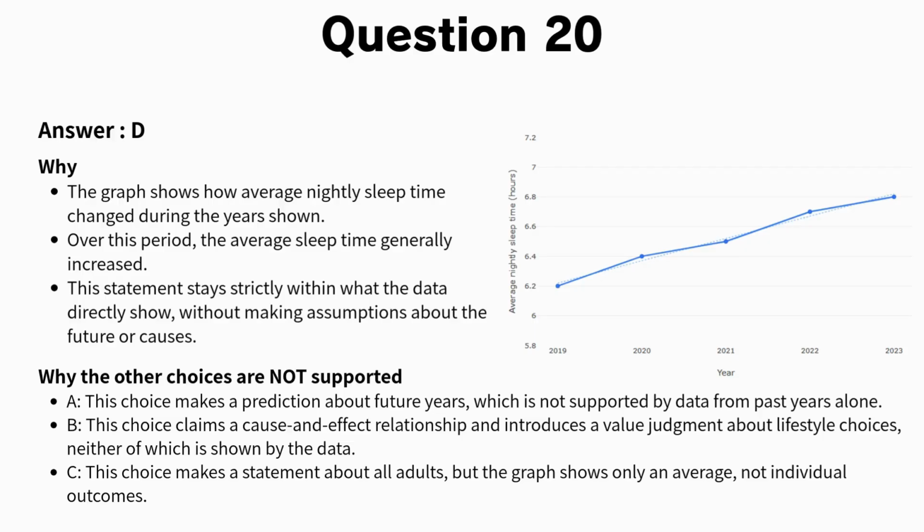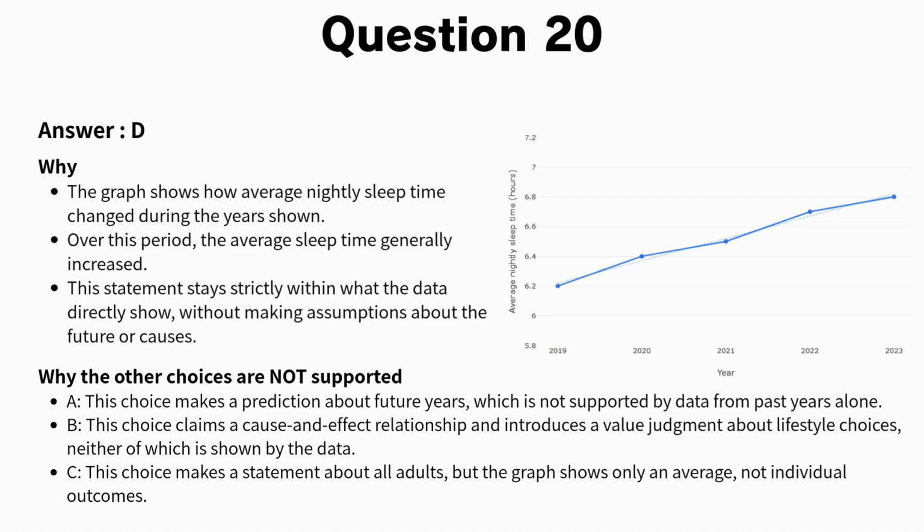causes, or individual outcomes. Now let's examine why the other choices are not supported by the data. Choice A makes a prediction about future years, which is not supported by data from past years alone. Past trends don't guarantee future outcomes, and many factors could influence sleep patterns going forward. Choice B claims a cause and effect relationship and introduces a value judgment about lifestyle choices. The data shows correlation but doesn't prove causation, and we cannot determine from sleep time alone whether people are making